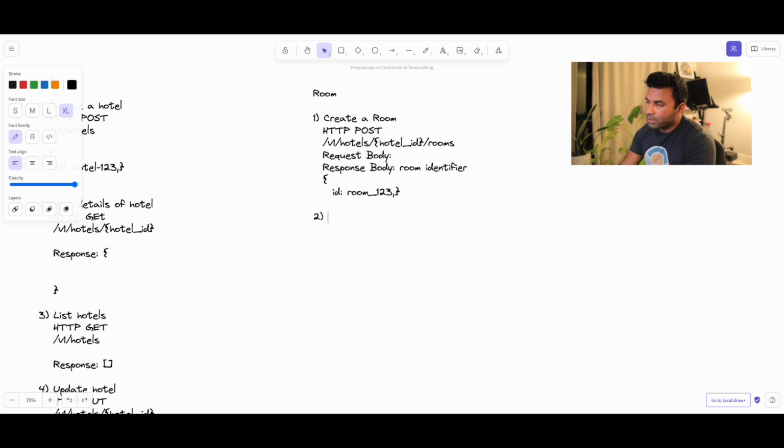This would also be a staff API. Now we also want to provide a get API for the room to get details of the room. So get a room, HTTP get